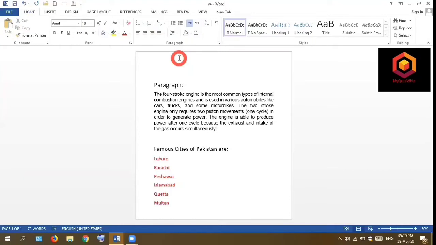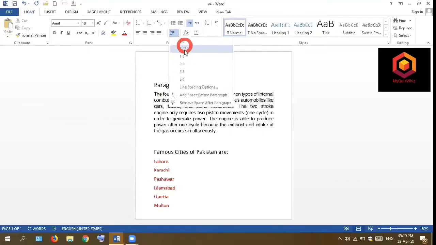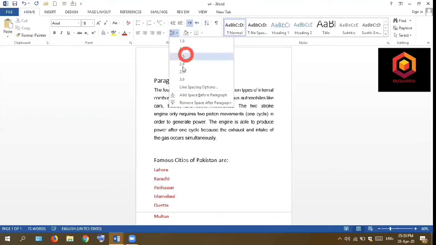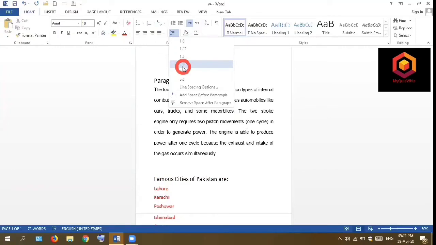Next is line spacing. If you want to give some line spacing between two lines in the paragraph, what we can do is, first I just keep my cursor at any point, like I keep my cursor here. Next I will go to line spacing, the line and paragraph spacing. I move the cursor here and the options are given: 1.0, 1.15, 1.5. So these are the options available and you can pick of your own choice. So let's say I choose 2.5.